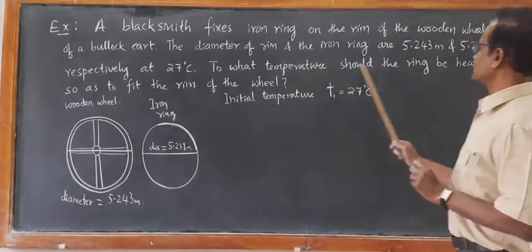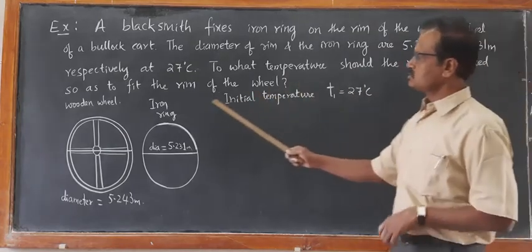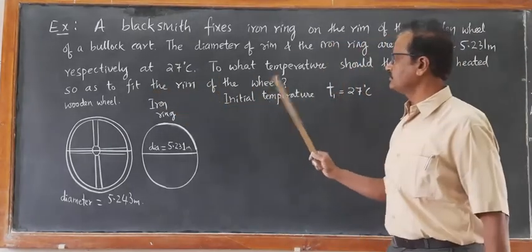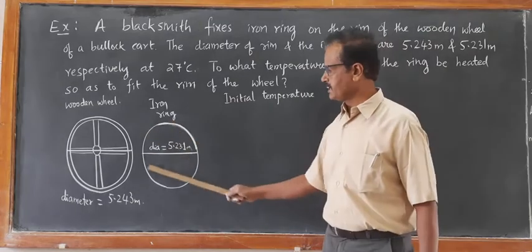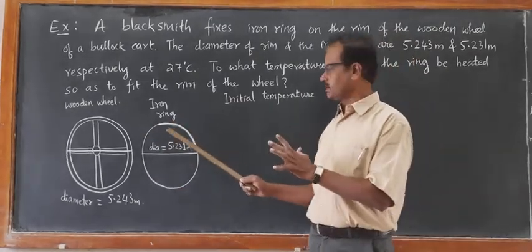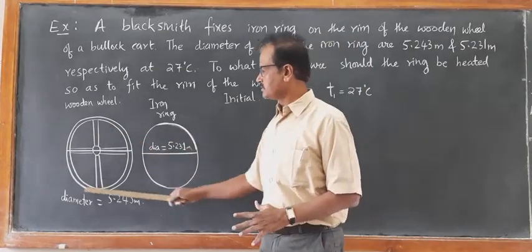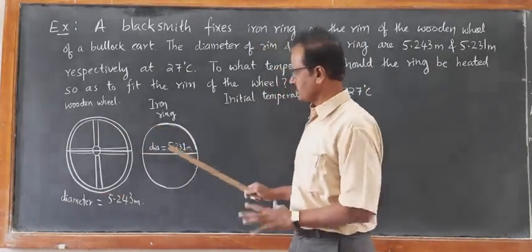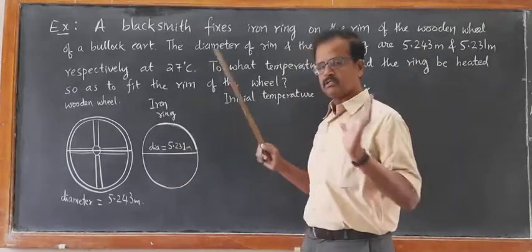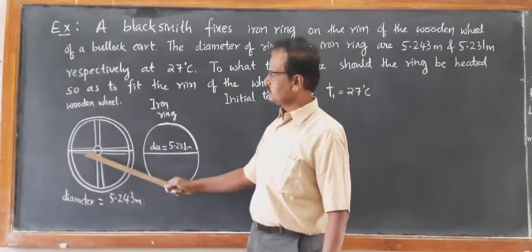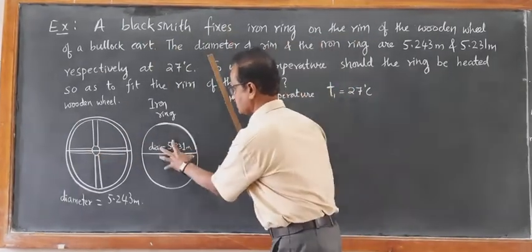To what temperature should the ring be heated so as to fit the rim of the wheel? It will be heated very strongly, red hot, and then this wooden wheel will be fixed on this,